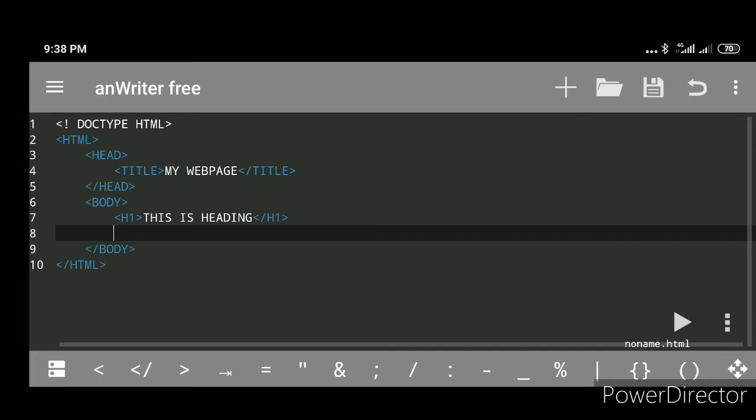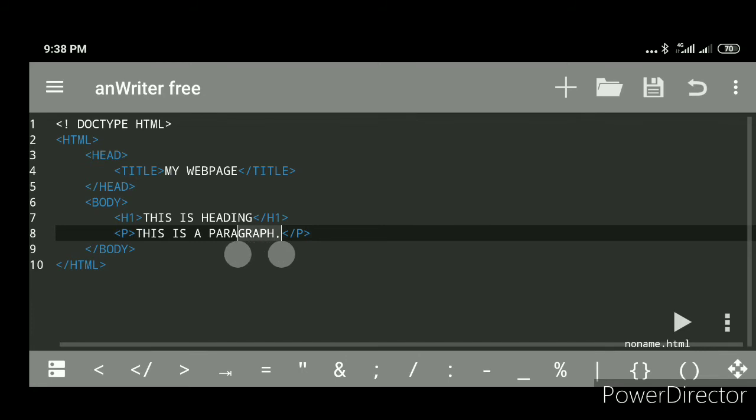After that, suppose I want to create a paragraph, so I'm using the p tag for paragraph, and the p tag needs to be closed. Whatever we write inside will be in the format of a paragraph only. So, like, this is a paragraph.